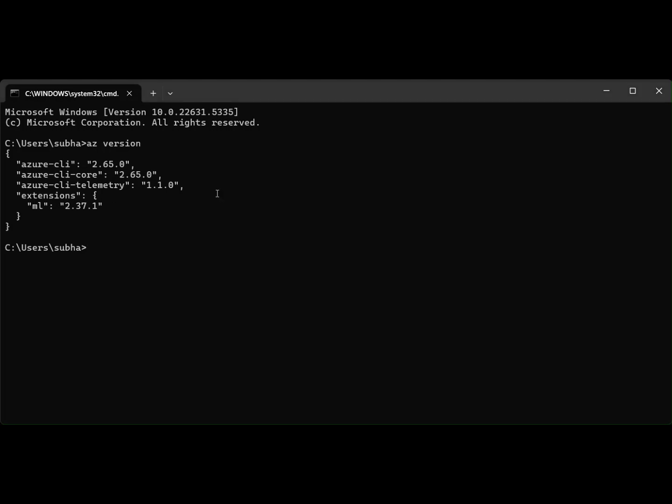Additionally, you can install the ML extension to your system if it is not already present. This is the command for that. The az extension add command installs the ML extension for CLI. I am not installing it once again because I have already installed it. Once you have installed this extension, next you need to connect to your Azure subscription by providing your Azure tenant ID. The command for that is like this, where you have to provide the tenant ID from